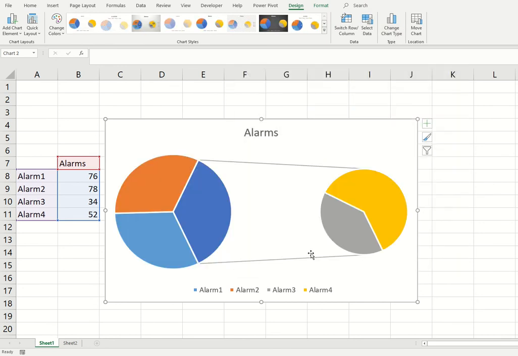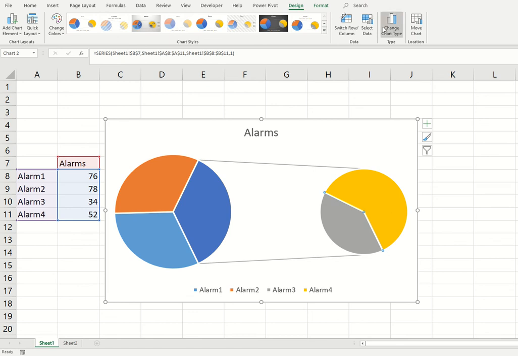Once you do that, you can see one additional pie. This is the consolidated information of alarm 3 and alarm 4.